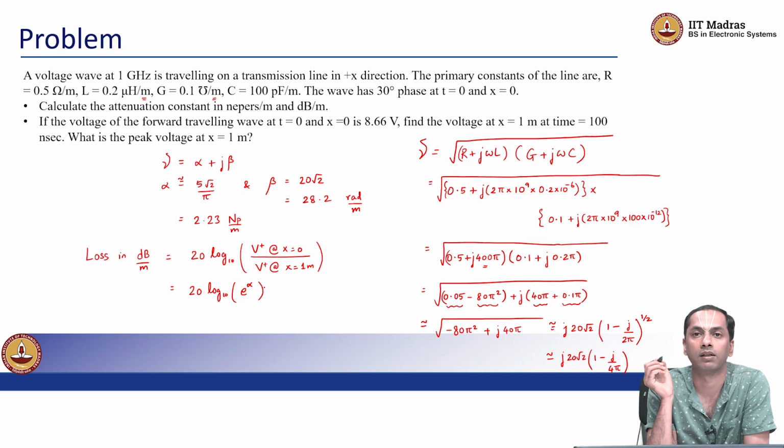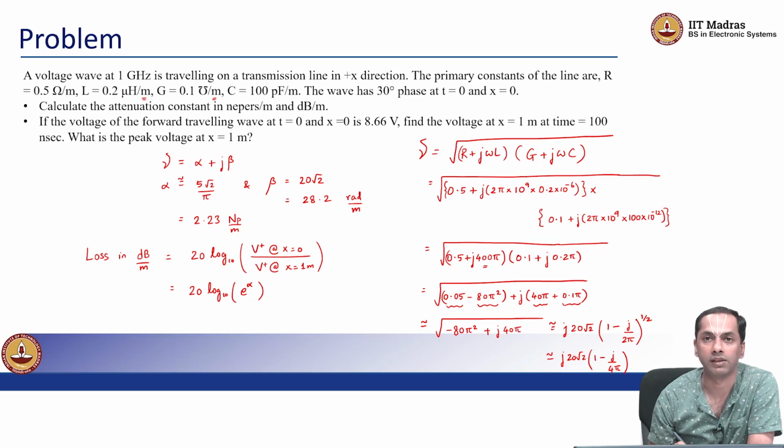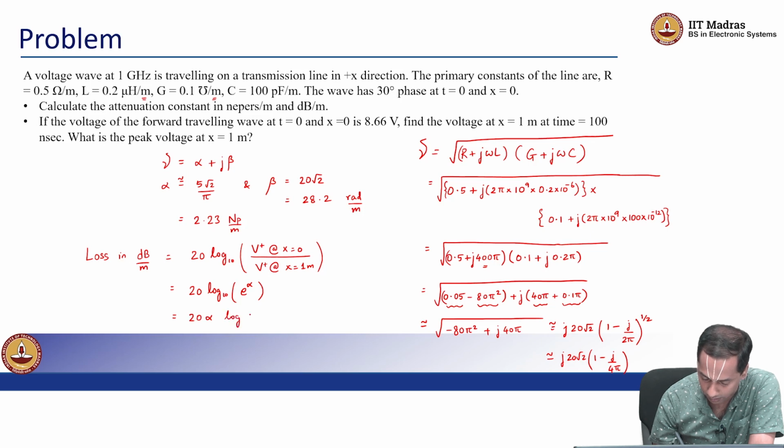You can go back to the discussion on alpha in the prior lectures this week, and you will notice that this turns out to be just e to the alpha. So we know alpha here. So all we have to do is take 20 log to the base 10 of e to the alpha, which, using the mathematical rule for logarithms of exponential numbers, we can just write as 20 times alpha log e to the base 10,